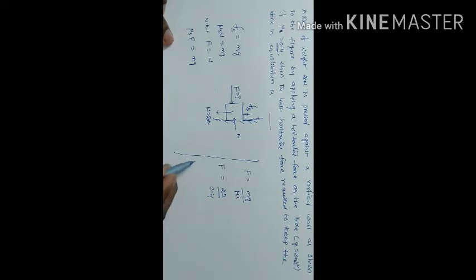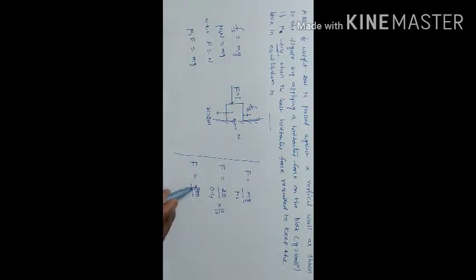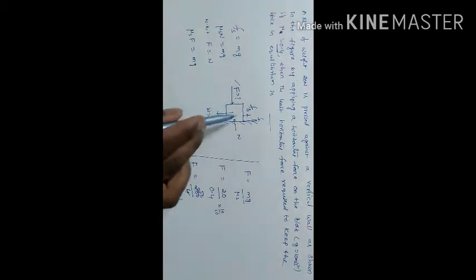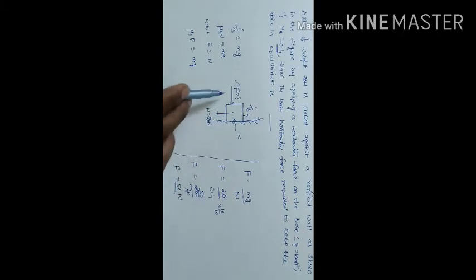Now for our convenience, multiply by 10 over 10. So we get 200 by 4. This is F. Okay, now 4 fives are 20, that means F is equal to 50 newtons. So here 50 newtons of force is required to keep the block in equilibrium position without sliding. Okay, this is the answer for this problem. How much force is required to keep the block against the vertical wall in equilibrium position? That is 50 newtons. Okay, right.